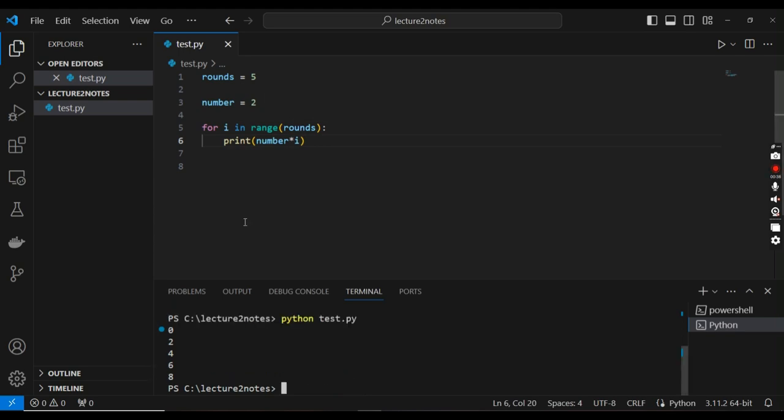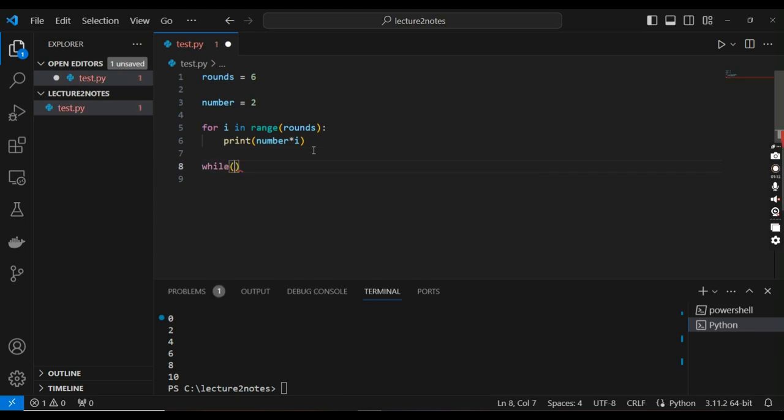As you can see, it automatically did the increment in i. For the first time i was 0, for the second time i was 1, for the third time i was 2, for the fourth time i was 3, and for the fifth time i was 4. Okay, so if you want to print it till 10, you just simply need to write this. This is the specialty of the for loop in Python. It can be used for multiple things like lists, dictionaries, and a lot. We will study this in detail in the next tutorial, but for now we need to move toward the while